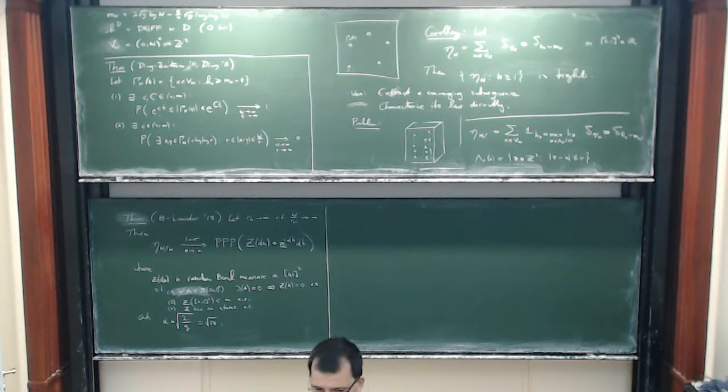No. So it says that if you fix a Borel set of 0 Lebesgue measure, with probability 1, Z will evaluate to 0 on it. Whereas, of course, you cannot do this for all null sets because there are uncountably many. You cannot have the almost sure statement for all of them at once.